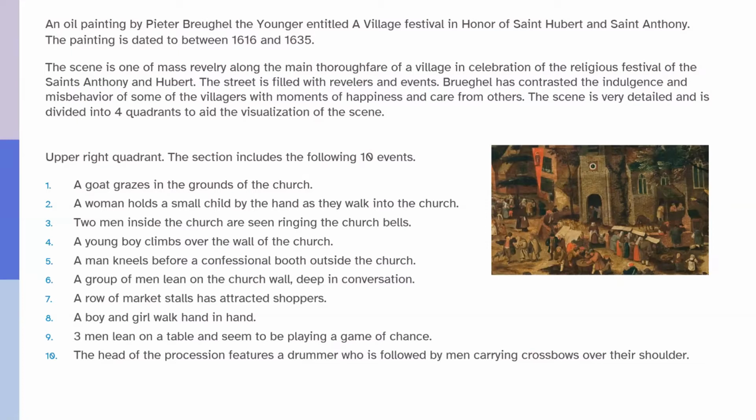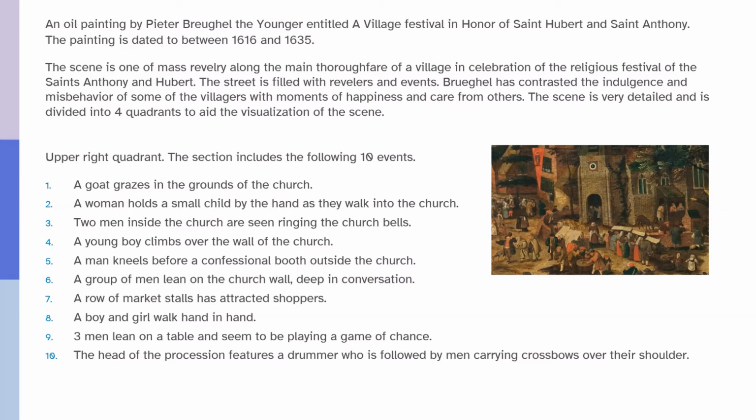So basically, you're setting up the scene. You're providing an overview, some details of what the user can expect, and then explaining that you'll go through the description in four quadrants and explain each section as you go. So the upper right quadrant, this is actually the upper left quadrant, sorry. Oh no, it is the upper right quadrant, sorry.